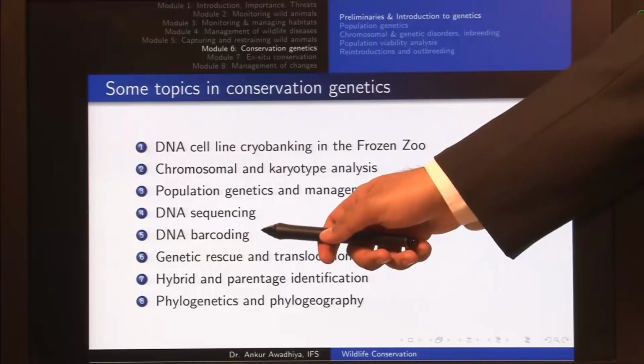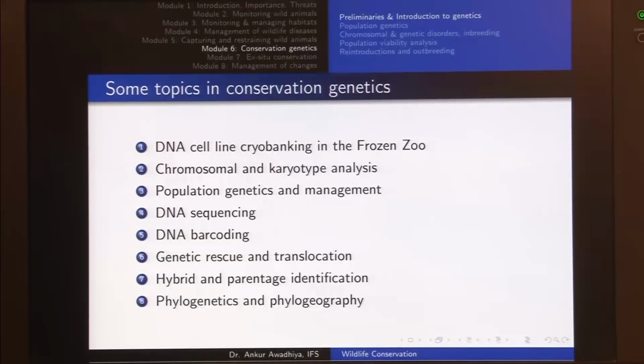Now DNA barcoding stands for selecting some regions of the chromosome so as to be able to identify the species. For instance, if you look at a human being, if you look at me, you can very clearly make out that I belong to the species Homo sapiens. But suppose you only got a hair from my body. How do you make out whether this hair belongs to an individual of Homo sapiens or some other species? So we make use of genetic analysis that goes by the name of DNA barcoding.